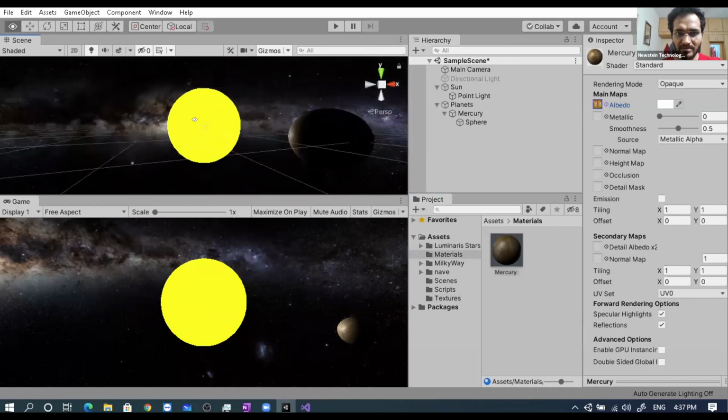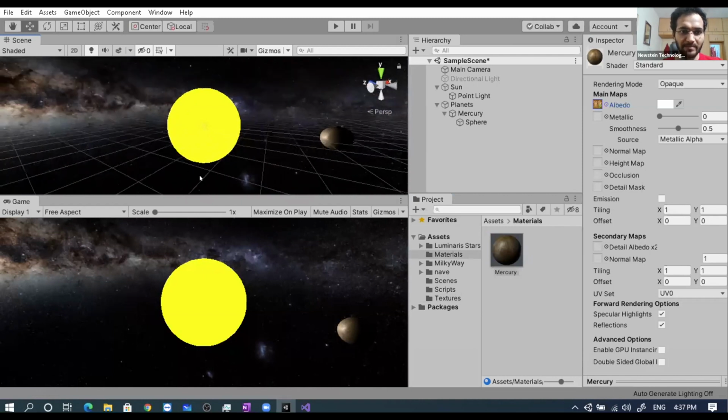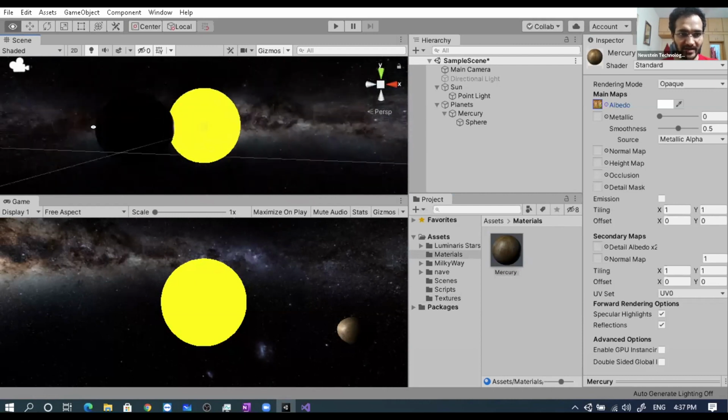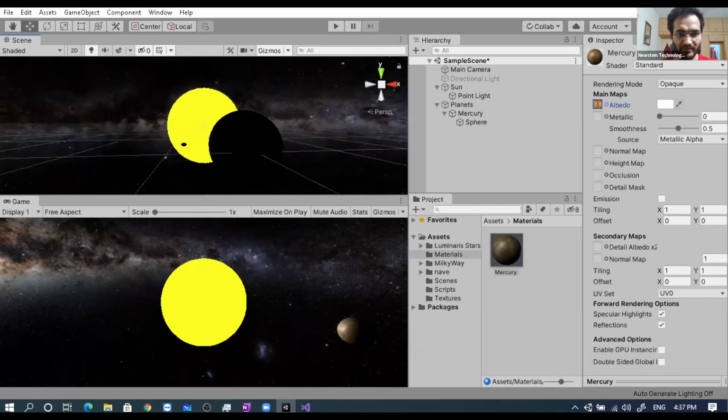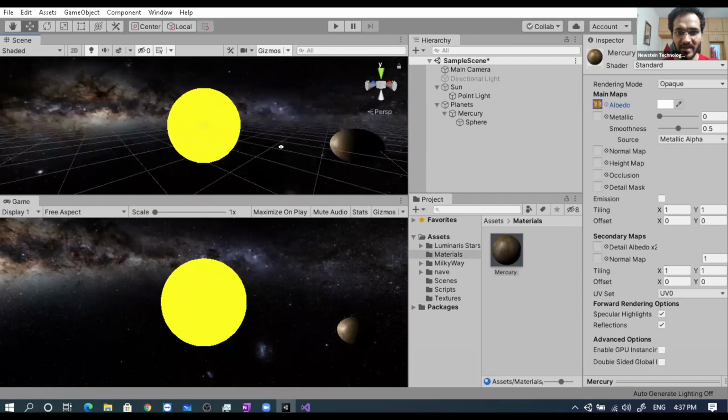Since in this entire setup the sun is the only source of light, everywhere else is dark. Whatever face is seeing the sun is getting lit.